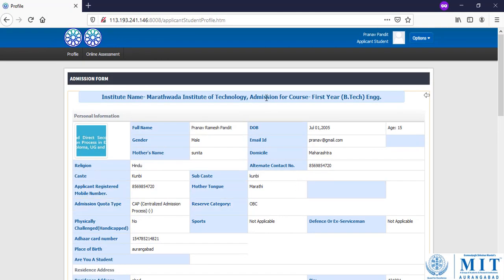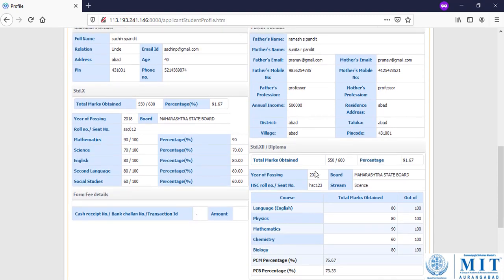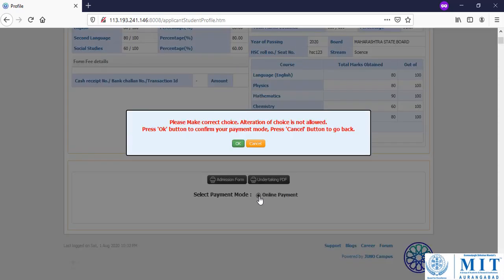So we again come back to the student login, and at the end of this admission form we can see different options are available here. So before doing the online payment, the student need to take printout of the admission form and the undertaking documents, and after that click on this radio button, online payment.